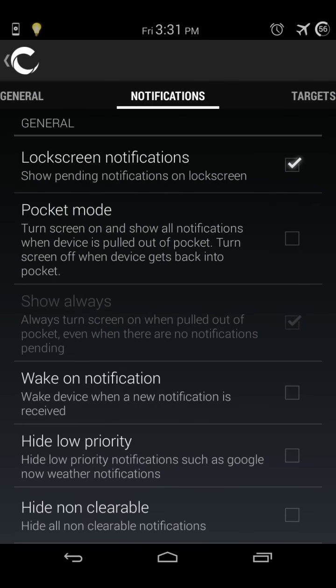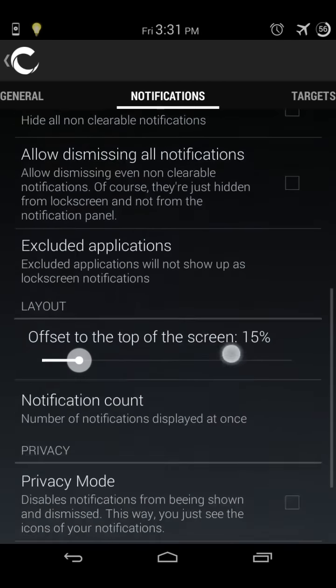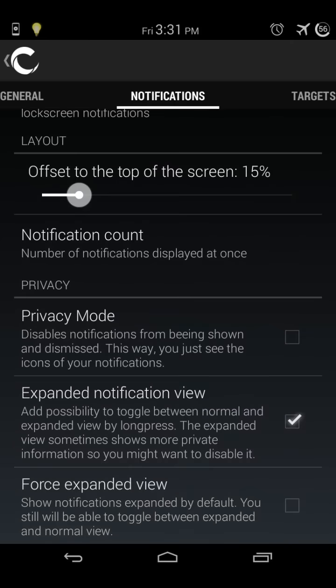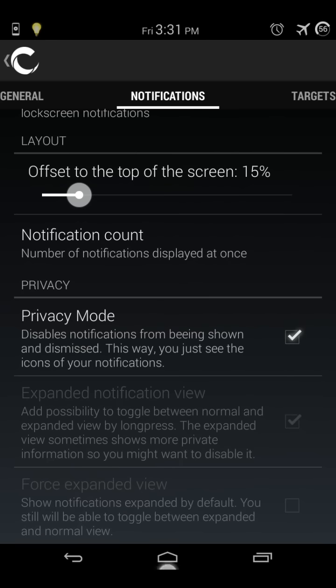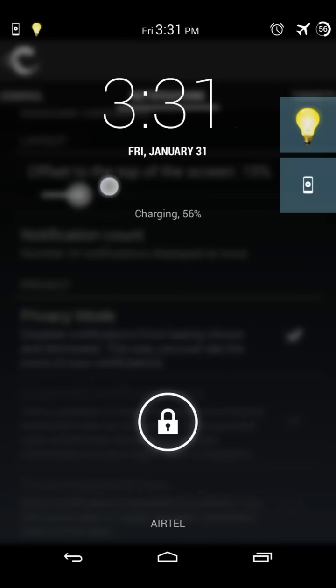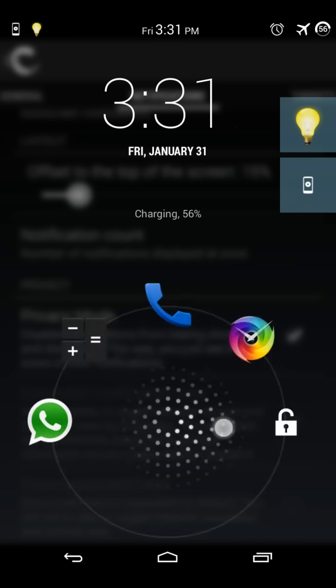Now the lock screen notification, I've enabled that, and then you have a couple of options here. Then you have the privacy mode. The privacy mode basically says whether you want to see more of the description of the notification or just an icon. So if I enable this, let me lock my screen, let me unlock it. As you can see here, I can't move these. These are just the icons without any description. Unlocking it,